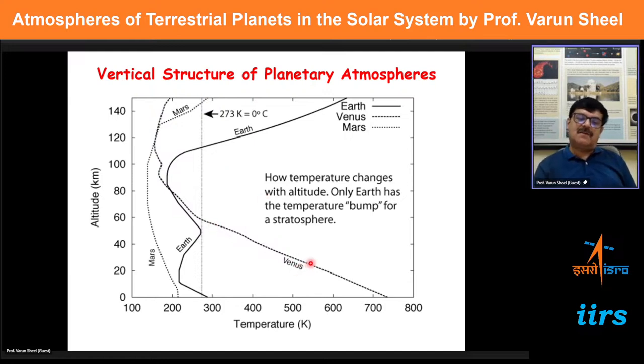But if you see here for Venus and for Mars, you do not have this increase because you don't have ozone here. We will come to this topic slightly later: there is some amount of ozone on Mars, but it is not as sufficient as that on Earth, and there is no ozone layer here which can increase the temperature. So otherwise, the temperature keeps decreasing, and then for much higher altitudes, it increases, just like for Earth. So this is the comparison of different vertical structures of the atmospheres.